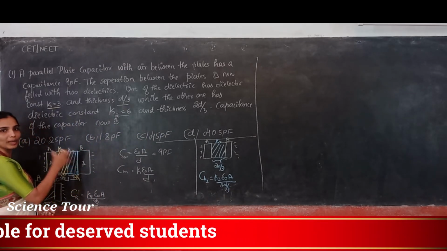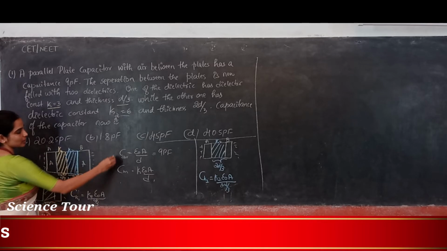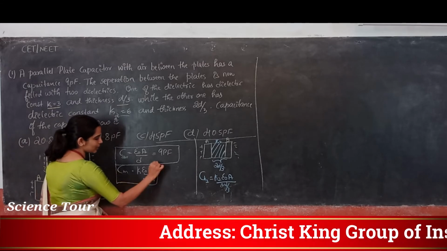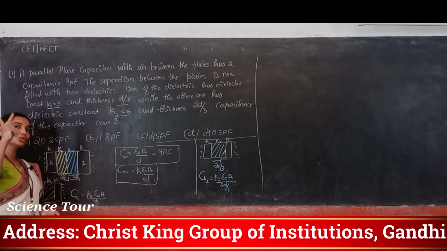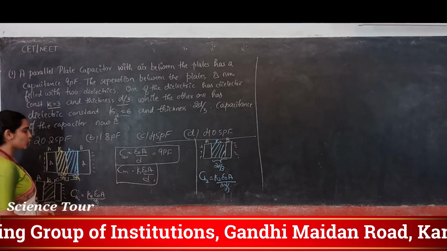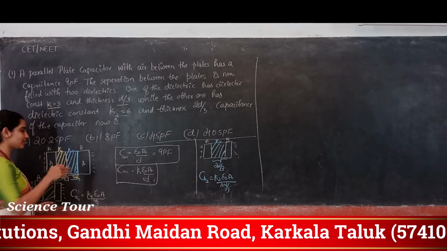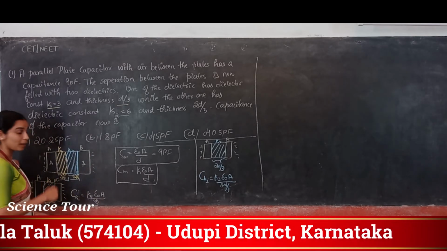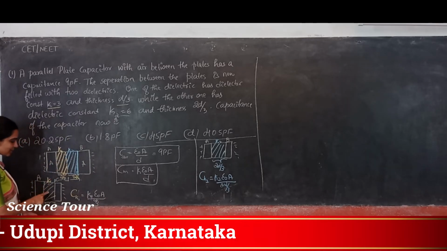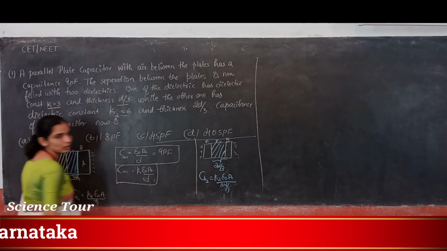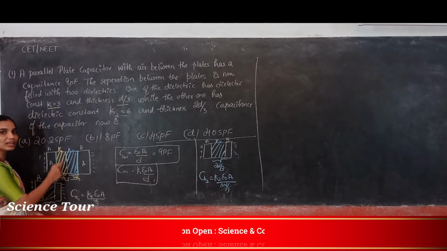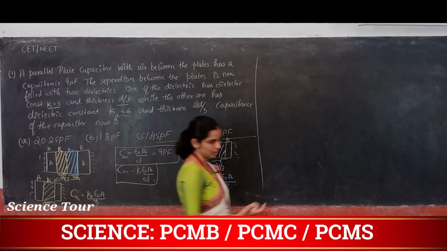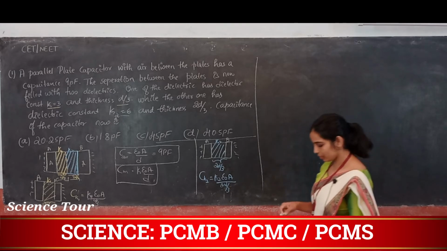When there is no medium in between them, only air, this is the capacitance, the value itself is given. When you place some dielectric medium, this will be the capacitance. But here I have two different materials, so I should consider the capacitance of these two parallel plates individually with those dielectric materials. First I will consider it with K1 and then with K2. The thickness of those dielectric materials will be the distance separation between the charged plates.